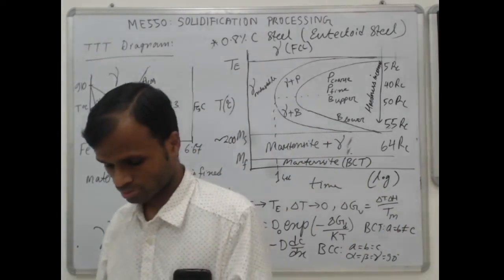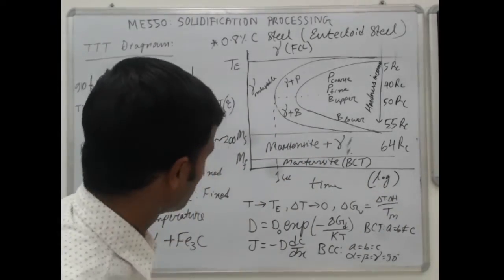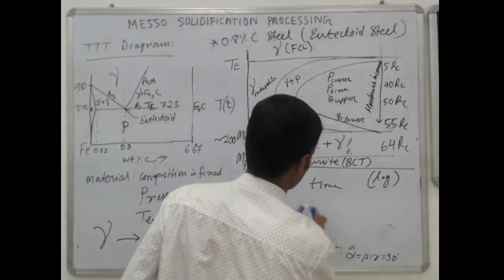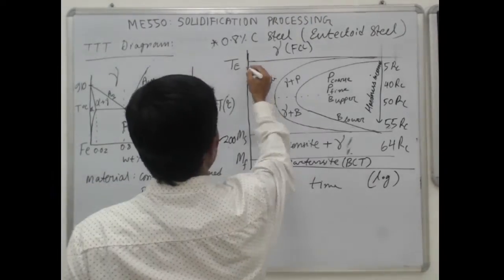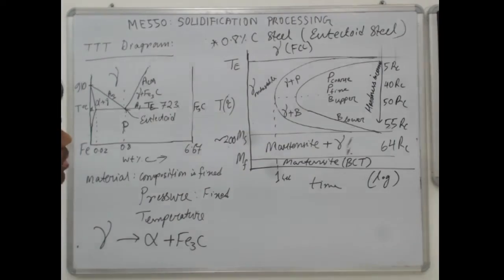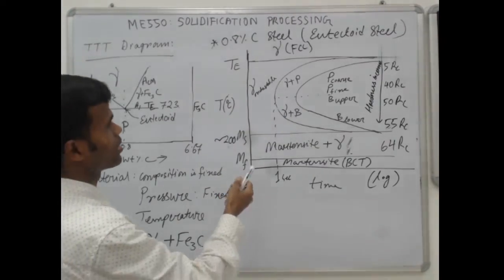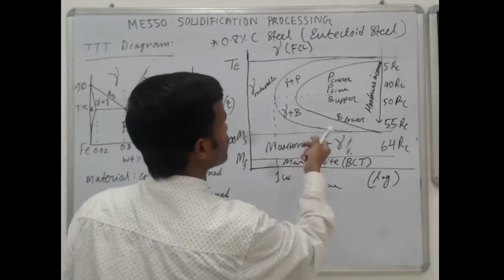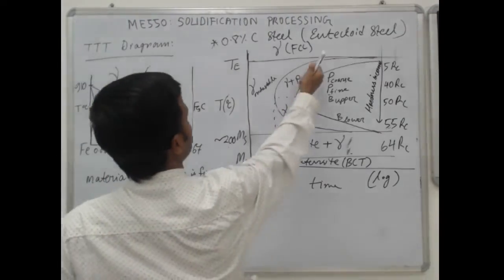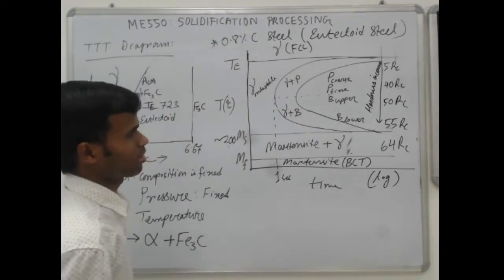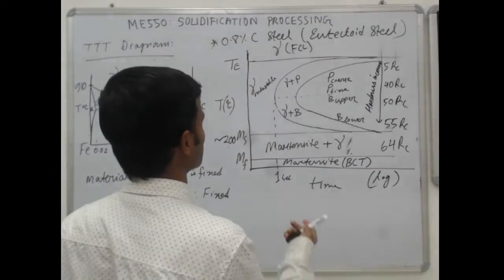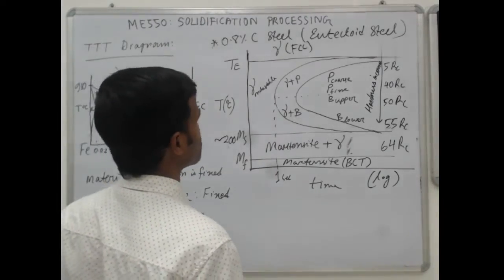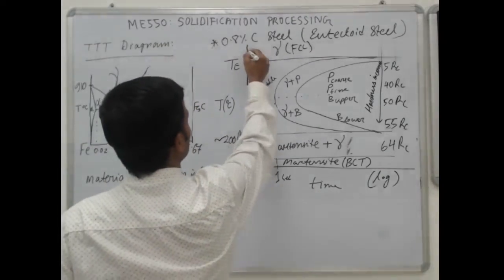Now, this is what we have explained based on the theory that we know for nucleation. How will you get this kind of TTT diagram experimentally? To get such a TTT diagram experimentally, what you need to do is, suppose you take a material